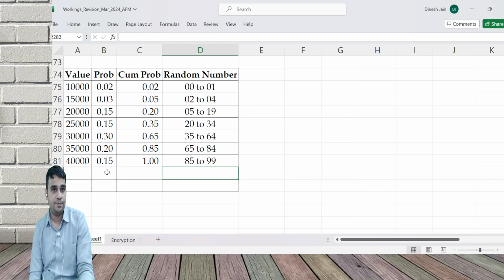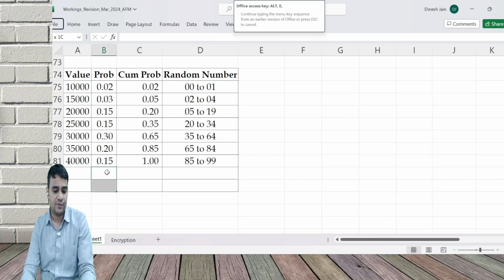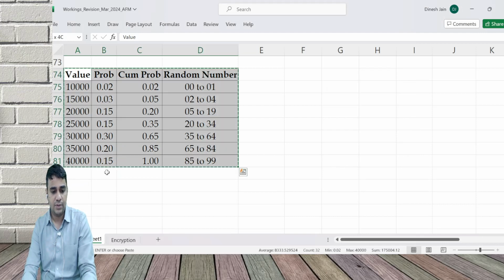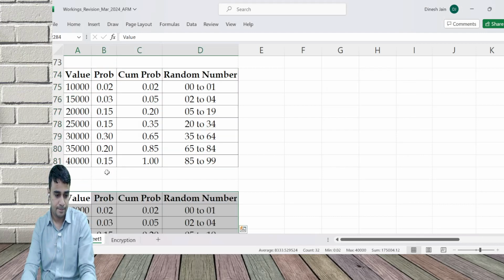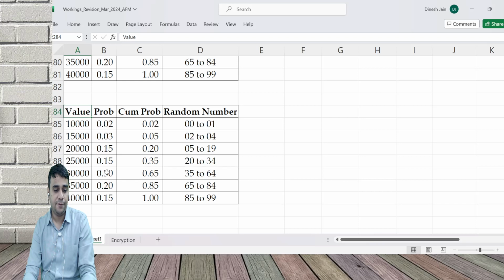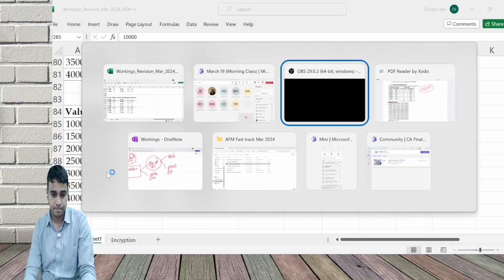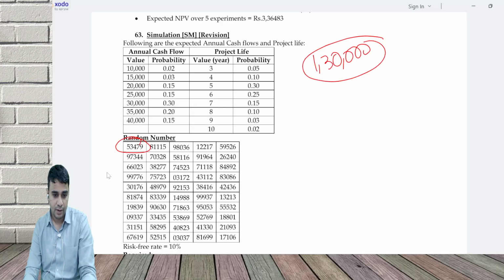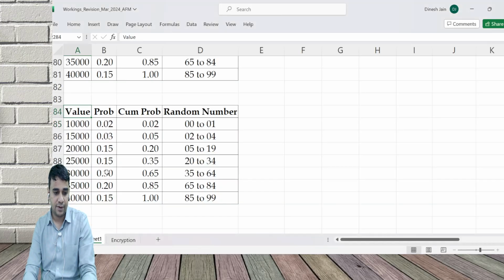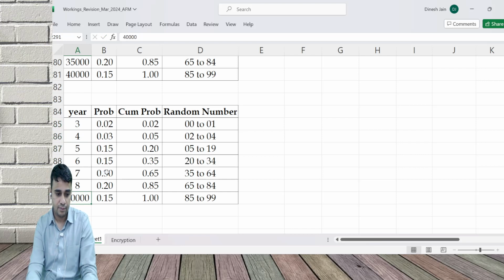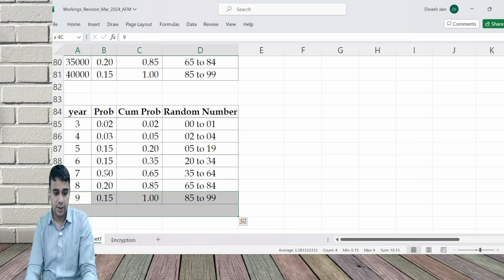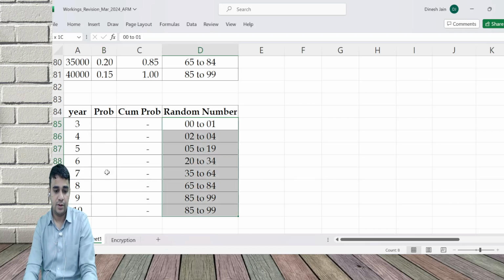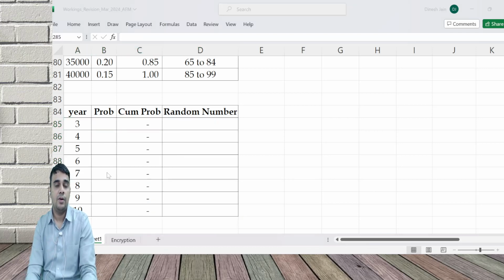Any doubts on this? What's the next item which is changing? They have given the same thing. Do project life. Project life, 3 to 10 years they have given. Probabilities are